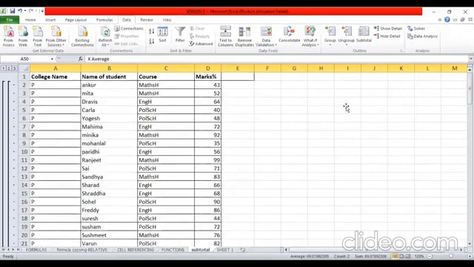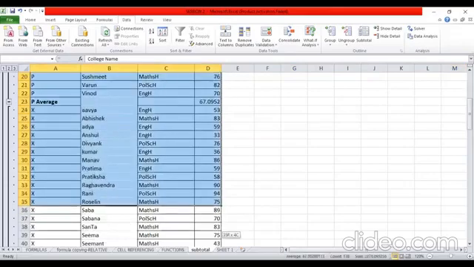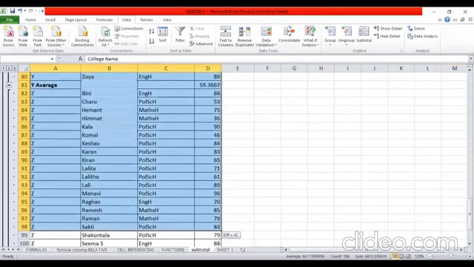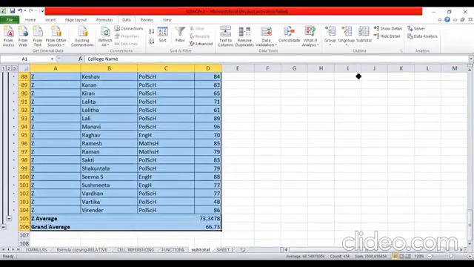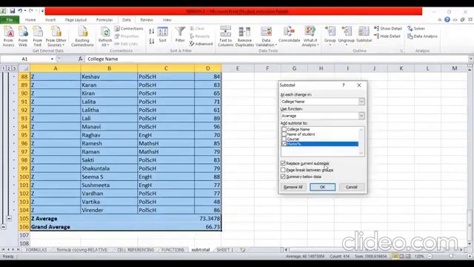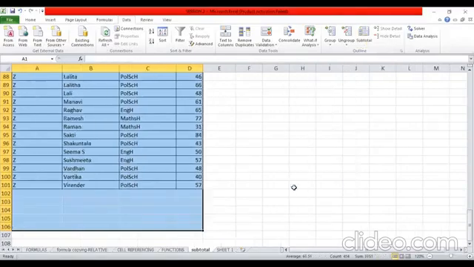Now, this is how you can create subtotals. Before I wind up, I will just show you. Suppose I want to create subtotals on 2 bases, not 1 or multiple bases. That also follows similar steps. First of all, let me just remove all subtotals which are currently applied.